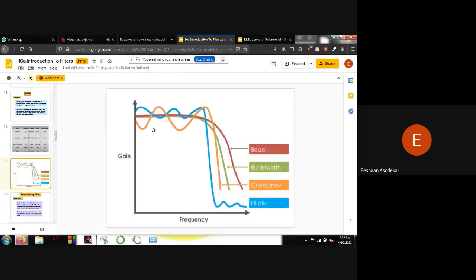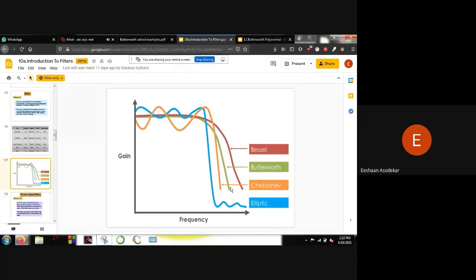Here we can see that the Butterworth filter has a maximally flat response in the passband, and it is also flat in the stopband. But an important thing to note here is that there is a considerable roll off, or basically it isn't close to the ideal response as we would want.